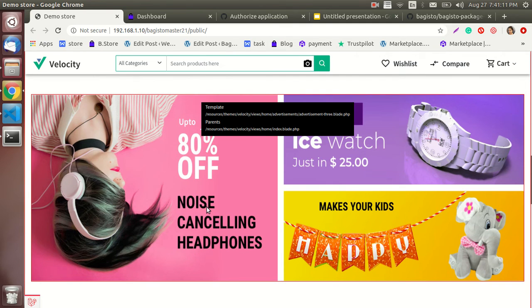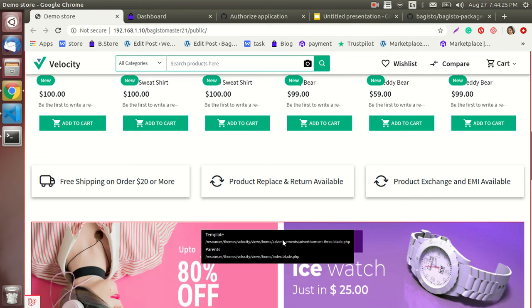This is another very useful and important feature which we are launching in this version: how to enable the blade file tracer for Bagisto. Guys, this is really helpful for beginners, contributors, and developers who are using Bagisto, because we are getting a lot of queries on our platform asking where to find the path of a particular file. So this feature allows those developers to enable the blade file tracer, and now they can check the path too. And now next in the row is